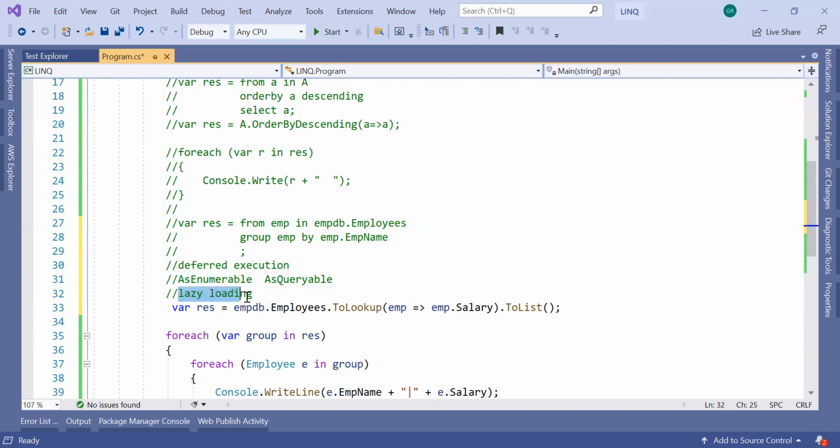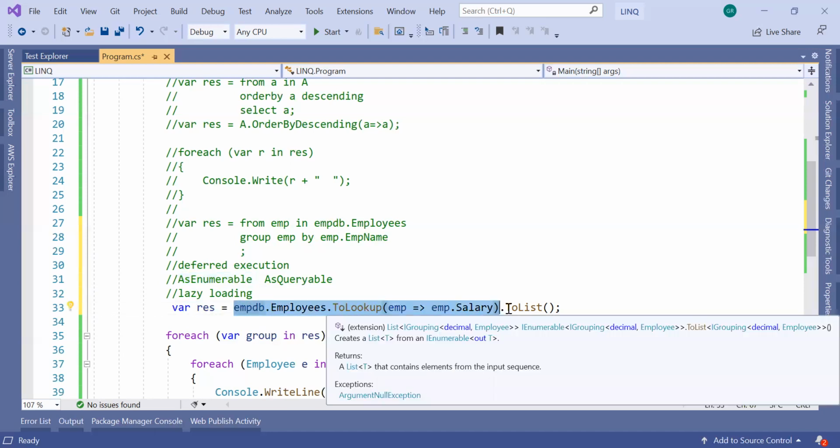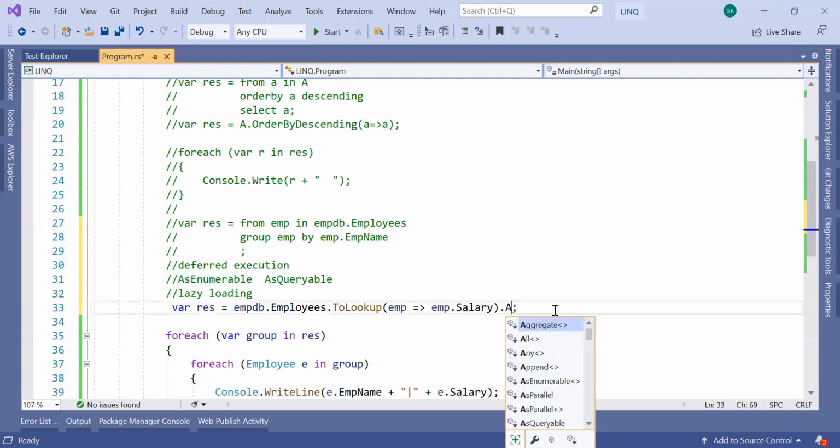What lazy loading will do is load only whatever is really required, on the fly. For example, if I say select star from employee where employee is equal to something, in the case of AsEnumerable the query will be generated and executed immediately. Here, if I use AsEnumerable,